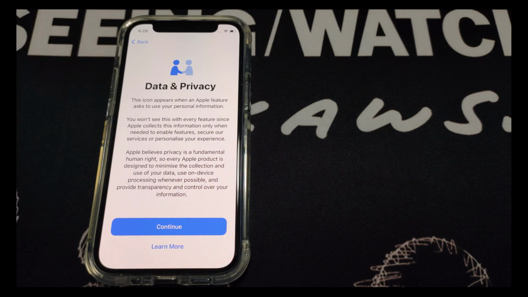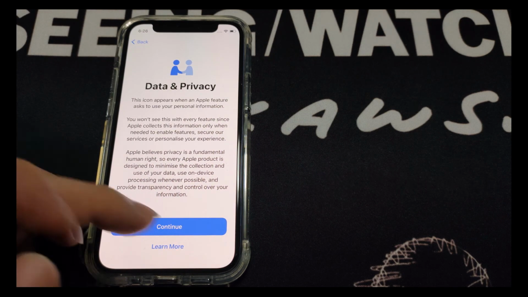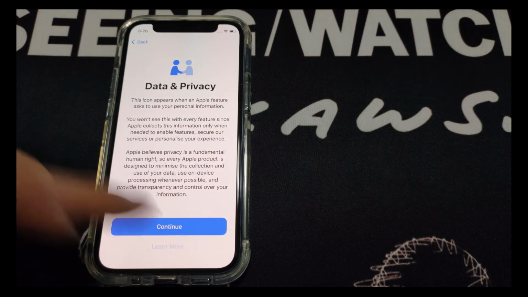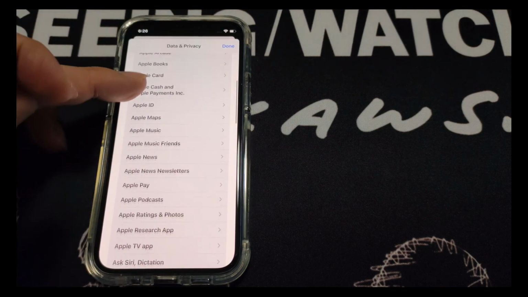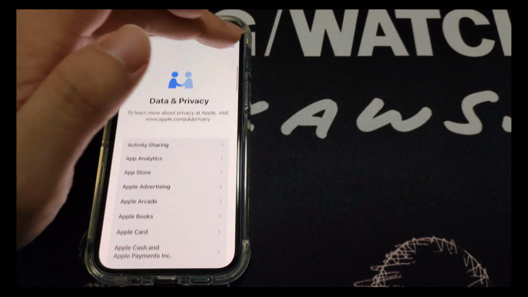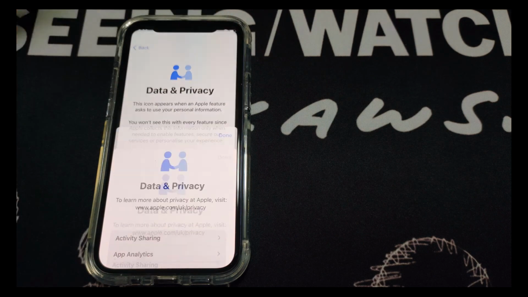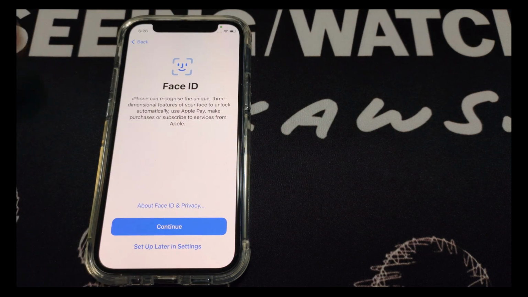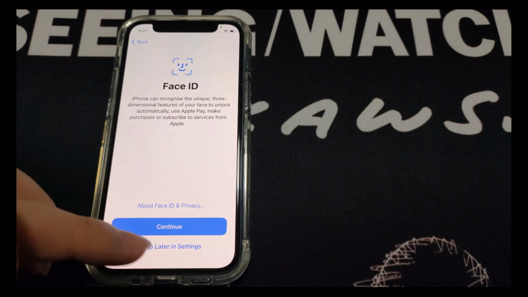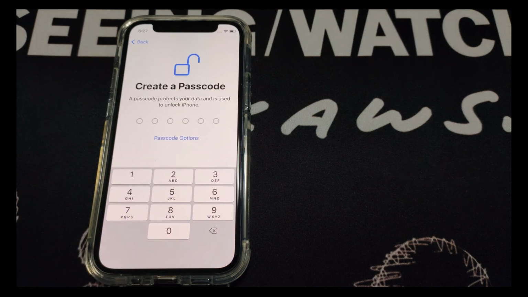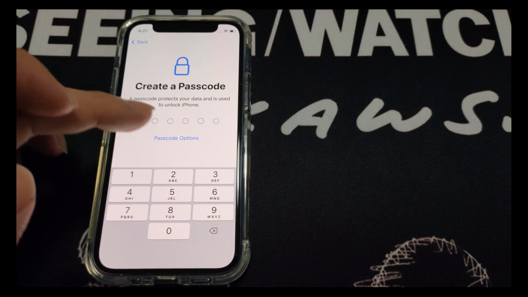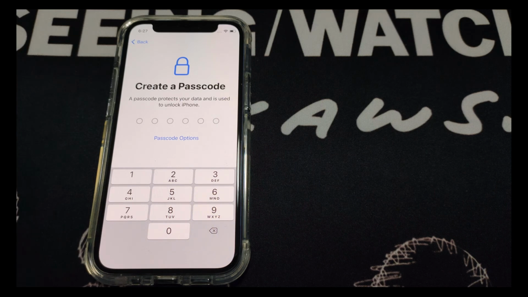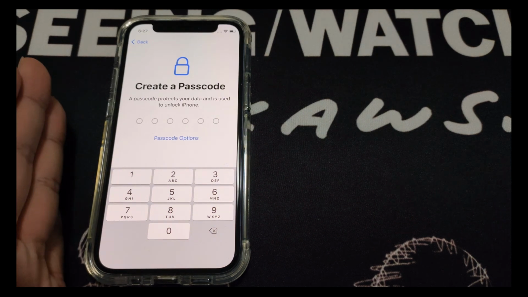I think that is the Face ID detection. So over here, you can learn more. You have time, you can read through all this. Those who just want a quick setup, just go to continue. You have a Face ID. I will do that a little bit later. Set up later. And then, once you pass the Face ID, you will go into a